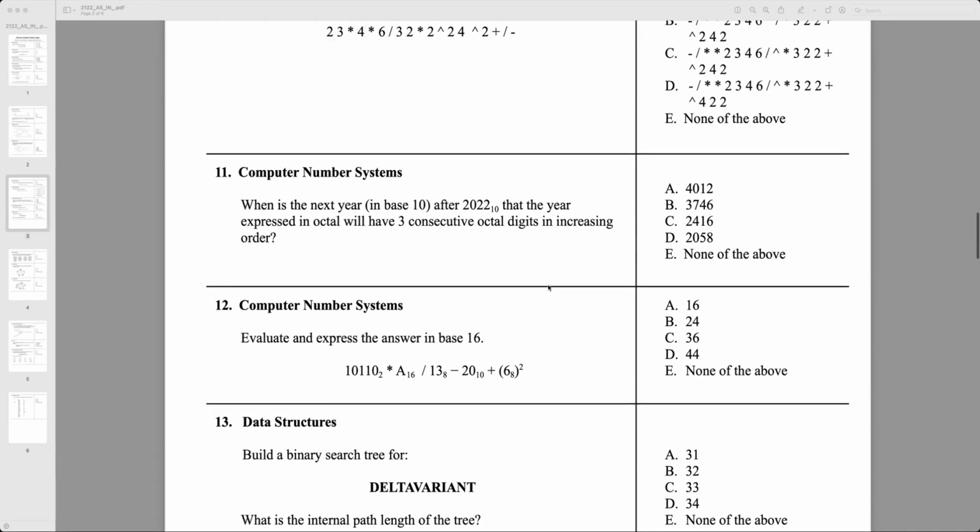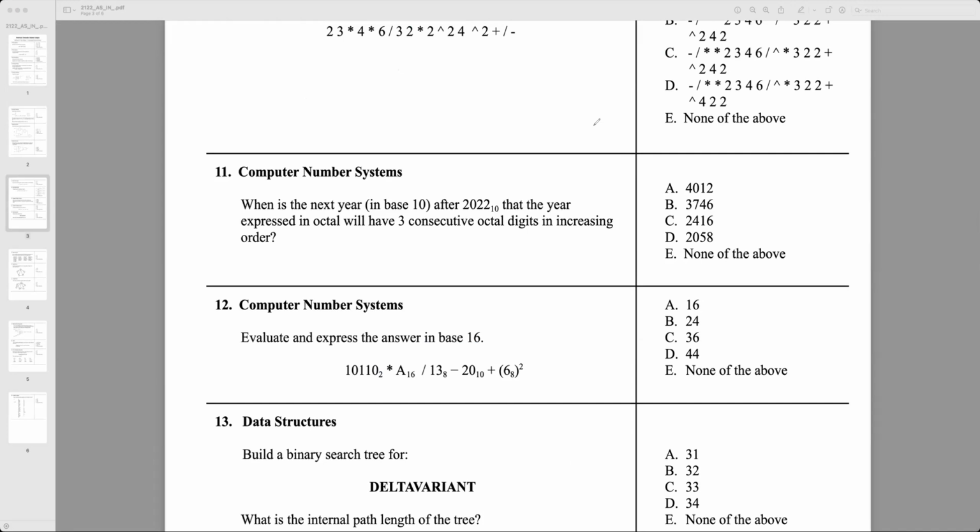Now we're going to do computer number systems. Computer number systems are the ones that involve binary, octal, and hex. It's usually just going to be those three. It's probably not going to go beyond that. And the question asked in 11, there's always a word problem when it comes to computer number systems. It says, when is the next year in base 10 after 2002 that the year expressed in octal will have 3 consecutive octal digits in increasing order? So we're trying to find,